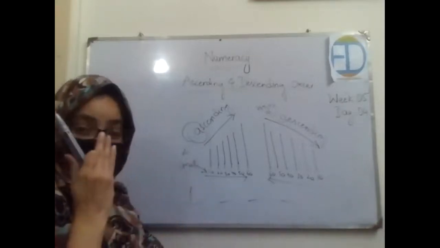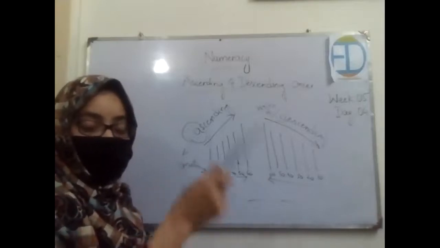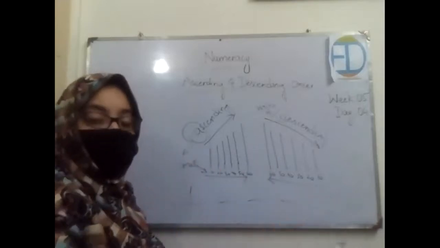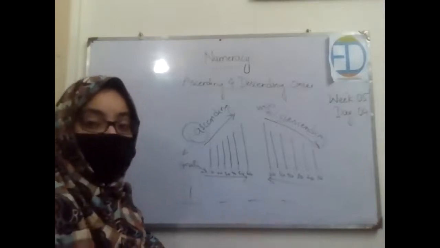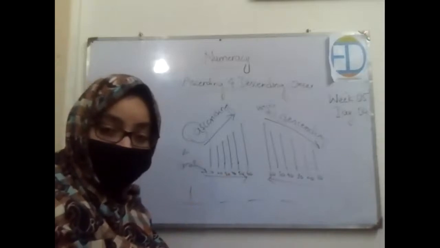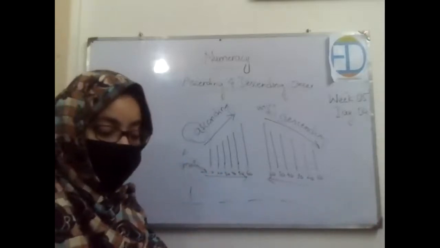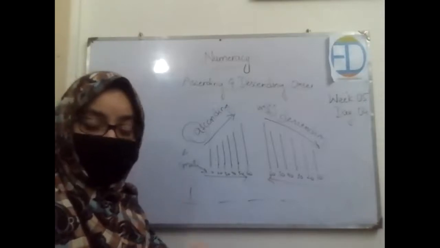If these first digits are not same, then you can easily mark which is the highest, right? If all of the first digits are same, then you will look for the second digits. If the second are same, then you will look for the third digits, and in this way you will recognize which is the highest number and then which is the lowest. So same technique would be applied in this as well.